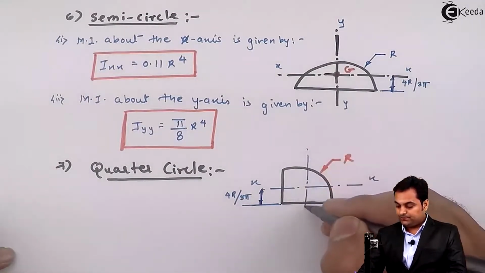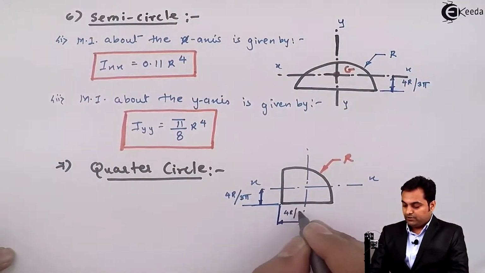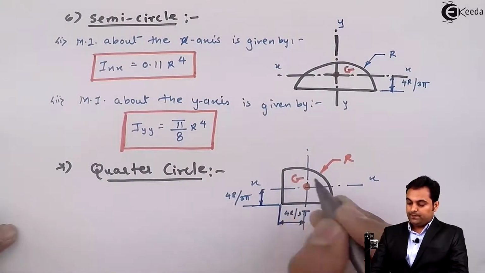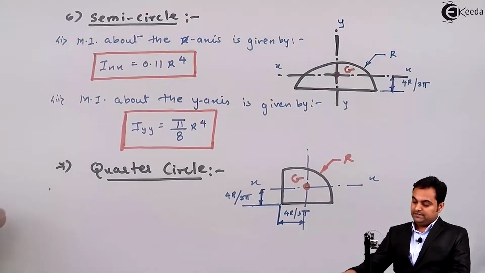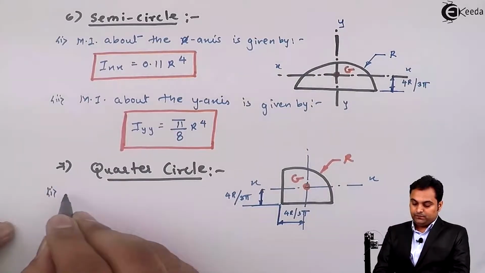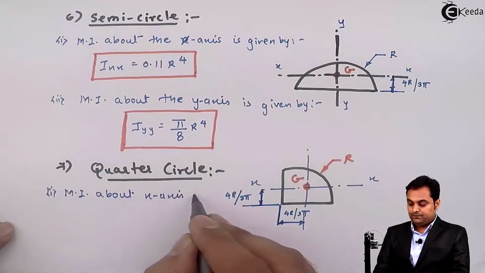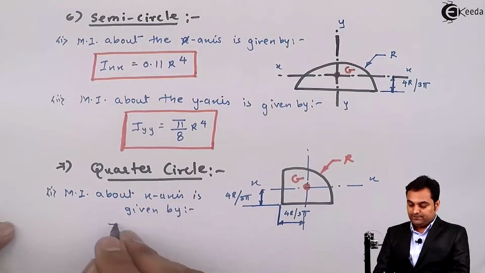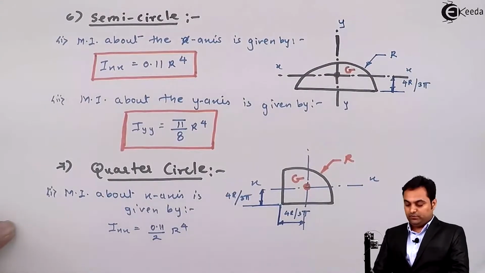The y-axis is located at a distance 4R upon 3 pi, and wherever they are intersecting, at that point we have the centroid, and therefore I'll say that MI about x-axis is given by, the formula is Ixx is equal to half of this value, 0.11 divided by 2, R raised to 4,